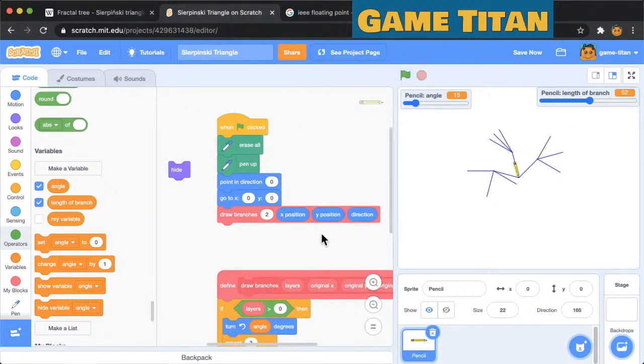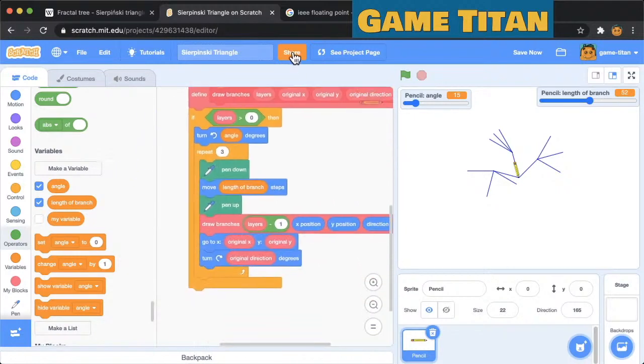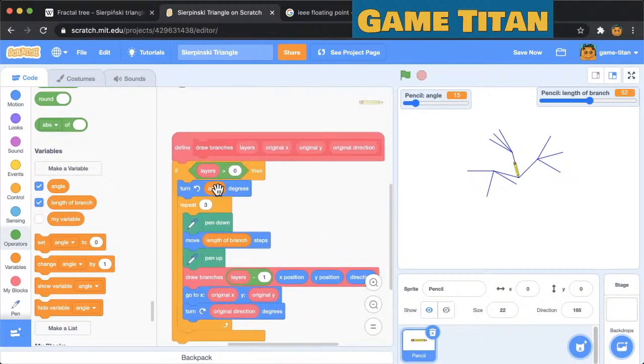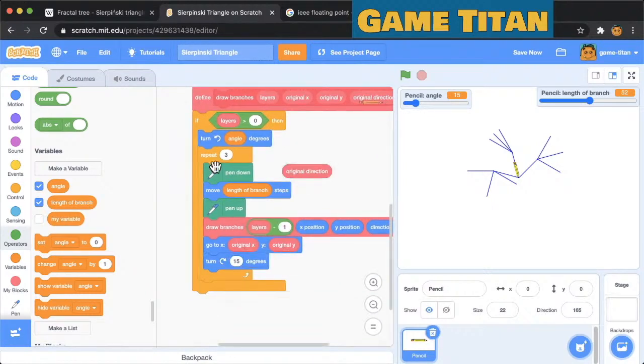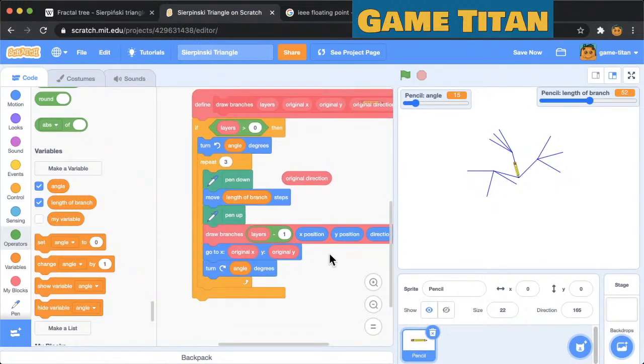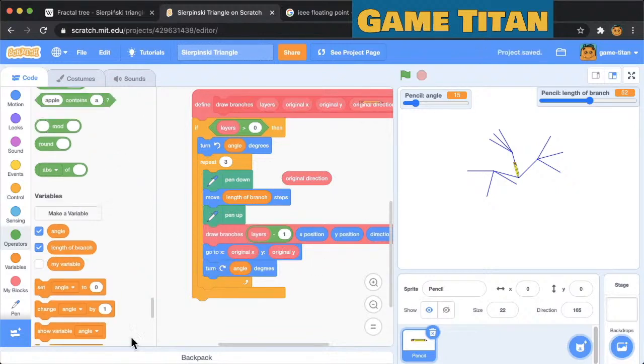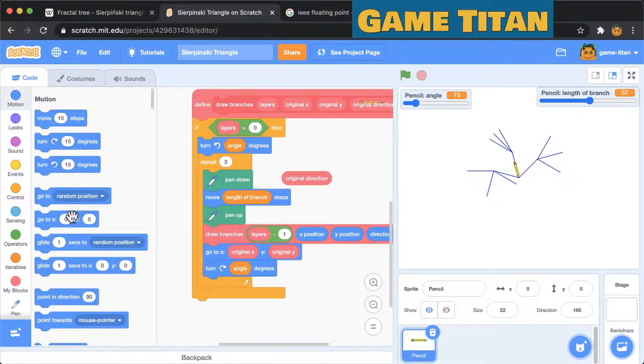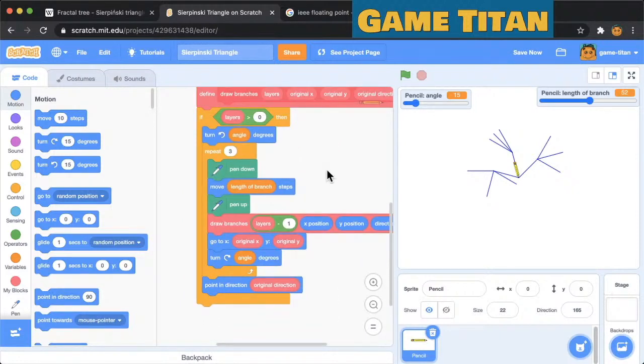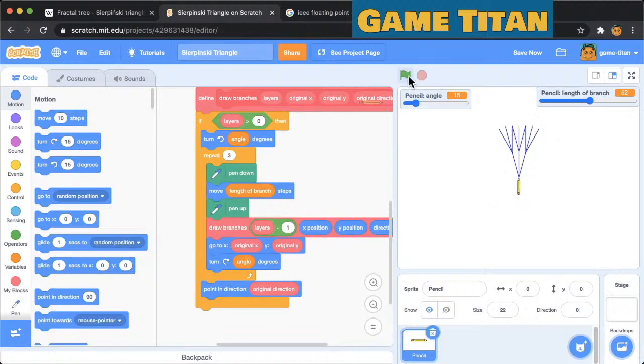So this is a little bit better than before, but not quite what we wanted still. So we wanted to turn, oh, here we're turning, this one we want to turn angle degrees. And then at the end, we actually want to reset back to the original direction. So this is after the repeat, back to the original direction. This may work better. There we go. So as we change the angle,